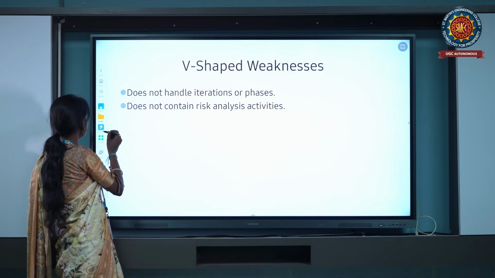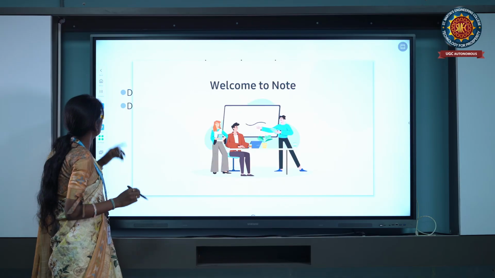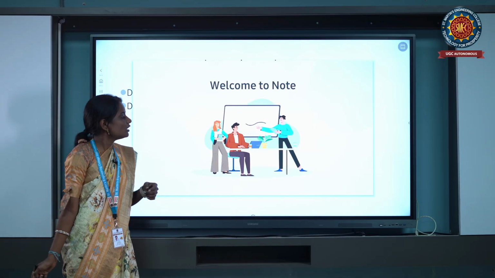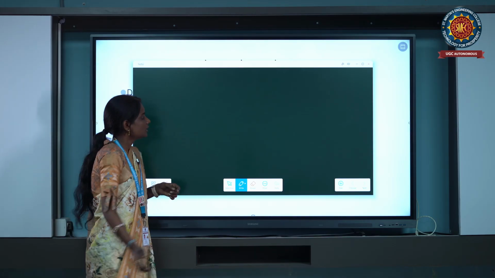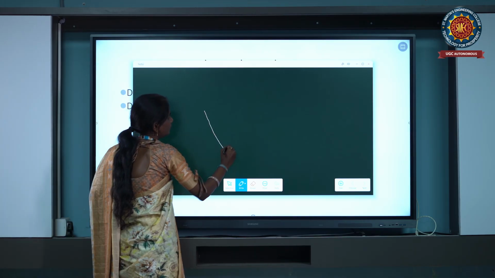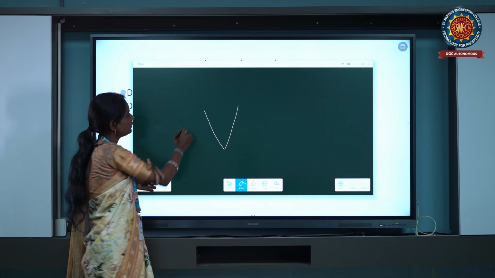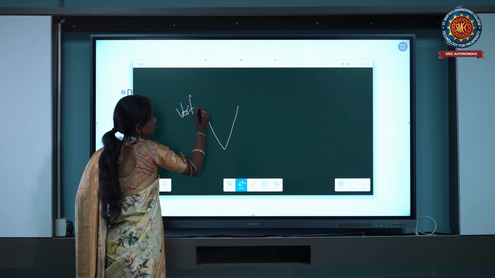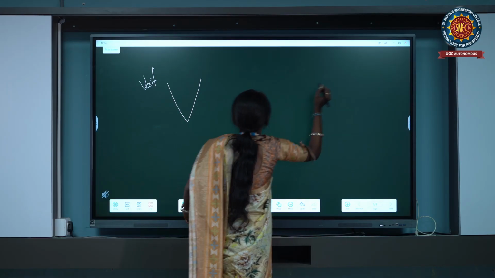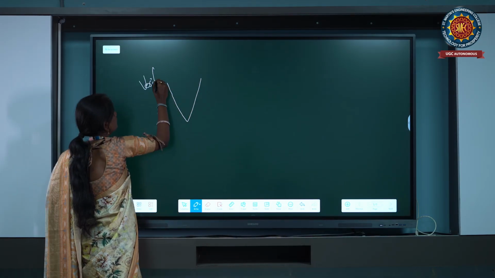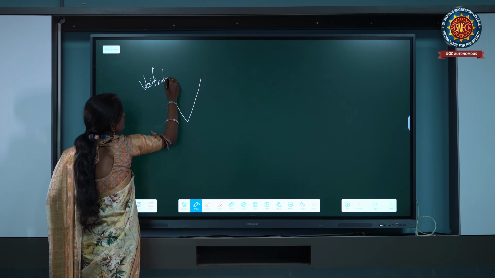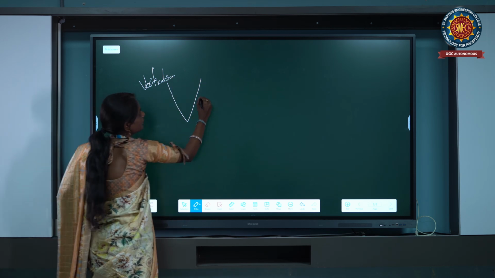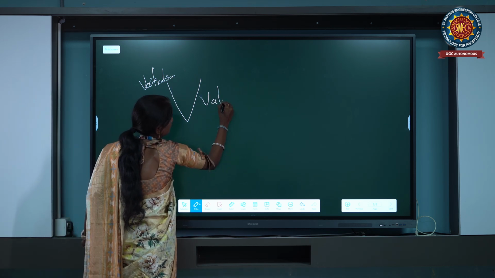For example, I am going to explain this in the notepad with the help of a small example. See, this is a V-shape model. In this V-shape model, here we will have verification, and here we will have validation.